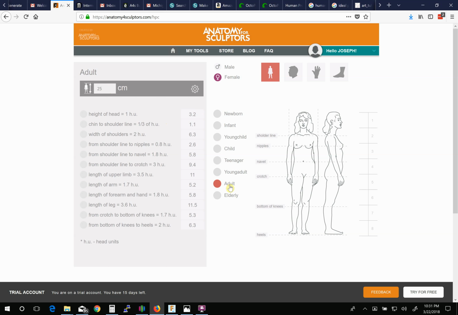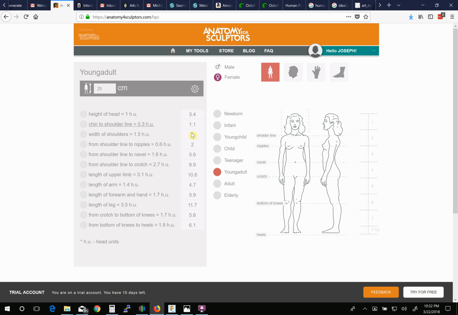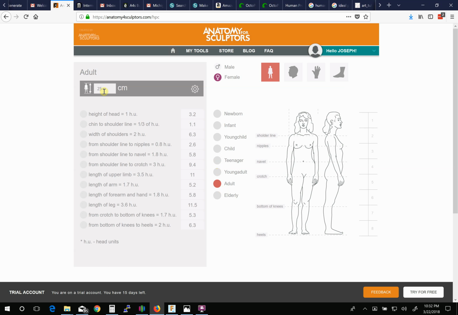Based on the type of human you select on the right here, these numbers for all the different body proportions are going to change. Okay, so let's stick with adult. And I've said that the entire figure from head to toe is 25 centimeters. What this program tells you is the measurements of everything else. So this is the height of the head, which for a 25 centimeter tall figure should roughly be about 3.2 centimeters tall just for the head. And this is based on a female figure that is 8 head units tall,